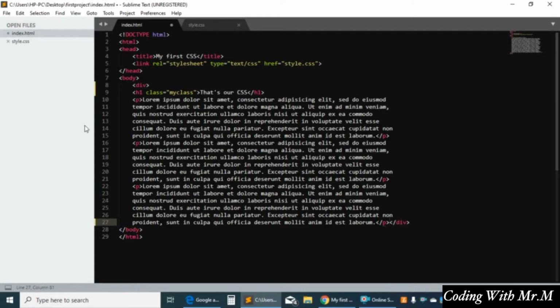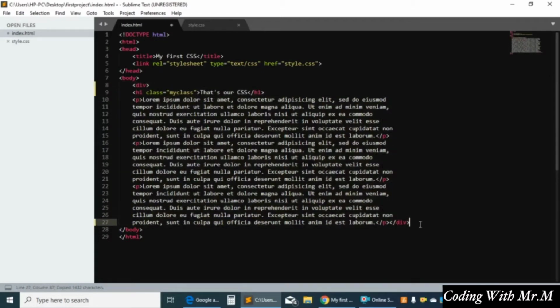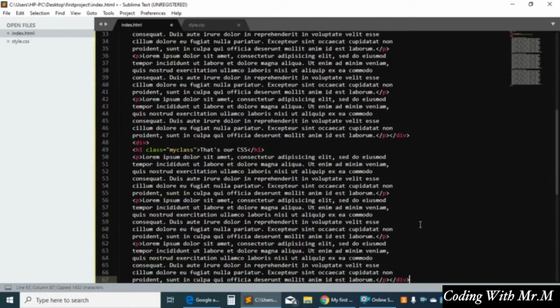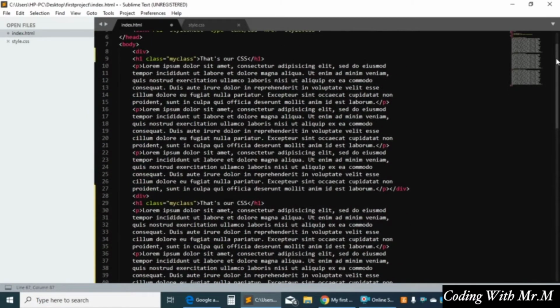Okay, so let's copy and paste and create the second div and the third div. So we have 3 different divs. Let's write over here, or delete this class, and assign. We have the first div with the class, so we assign a value to the my class selector,